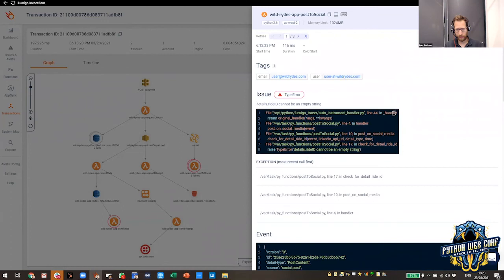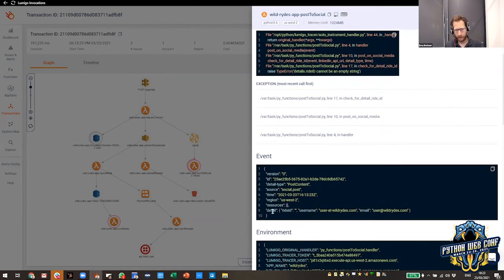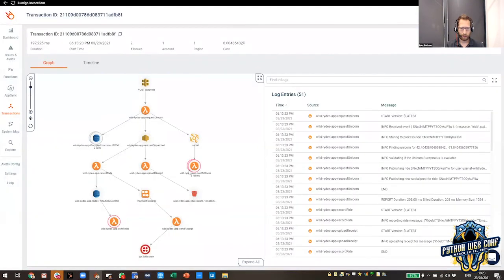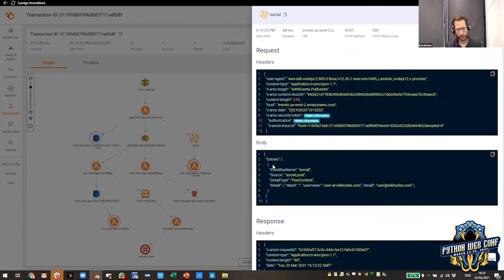Specifically, let's see, the detail is: write ID cannot be an empty string. I see that in the event that actually triggered this Lambda, write ID was indeed empty. So just by that, I can understand the problem does not reside within that Lambda. It's somewhere upstream because this Lambda is getting wrong data. So let's go upstream. We can go to this. This is EventBridge. It's a managed queue by AWS. Clicking on this, we can see what the actual message of EventBridge was. We can see in the queue, the message was still empty.